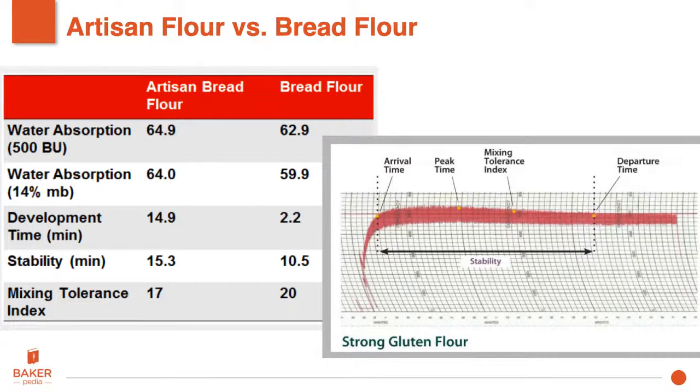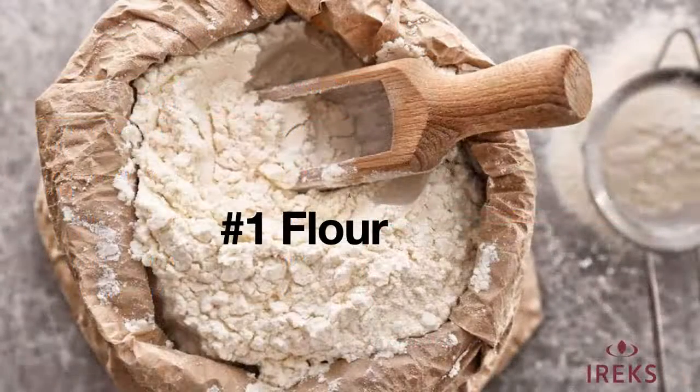Okay, so everything you dream about a perfect flour is artisanal flour. I hope that helps with the first tip. Choice of flour is really, really important. Okay, let's go on next to our second tip, which is